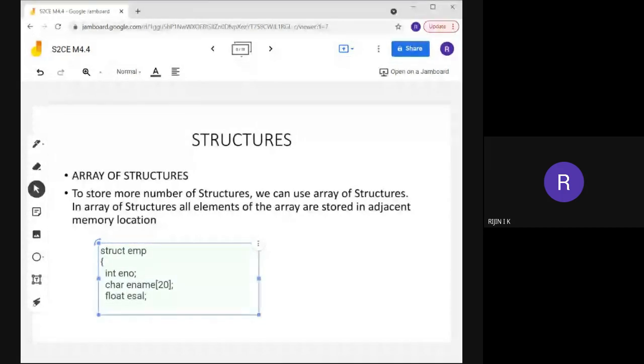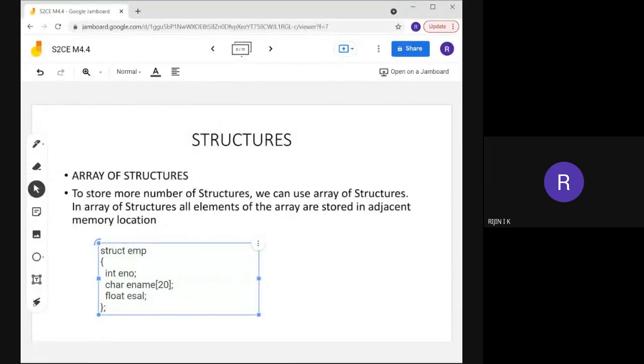These are the components in our employee record. After closing the structure, we need to write the semicolon. So this is the simple structure for creating an employee record, containing employee number, employee name and salary.